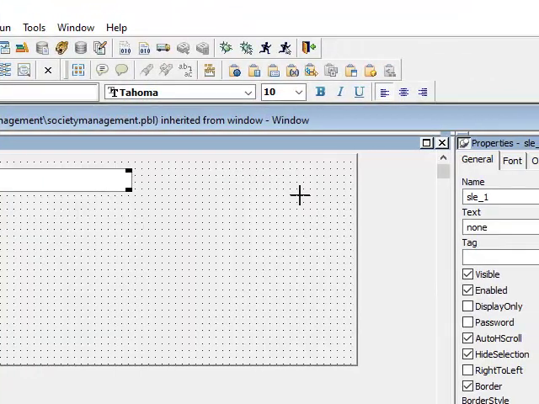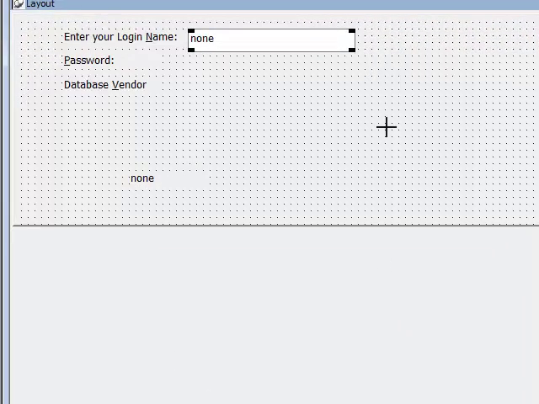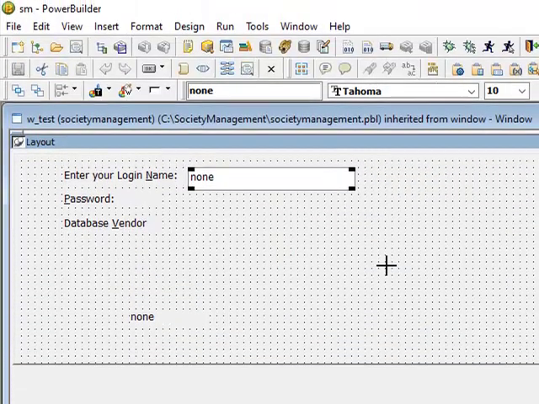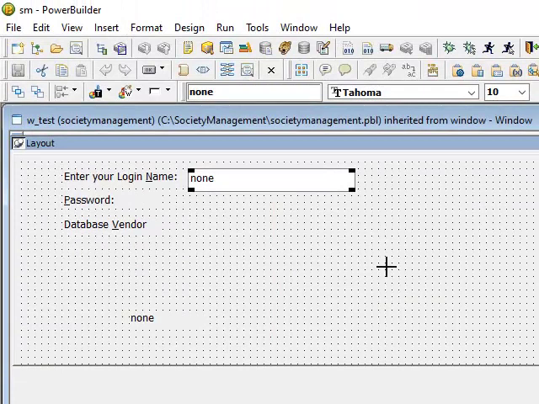You will keep names SLE underscore 1, 2, 3, 4. You will forget which one was used for what purpose. So it is always necessary we give a name which tells itself that this is used for this particular purpose. When we do the programming, you will come to know, no problem, don't worry.